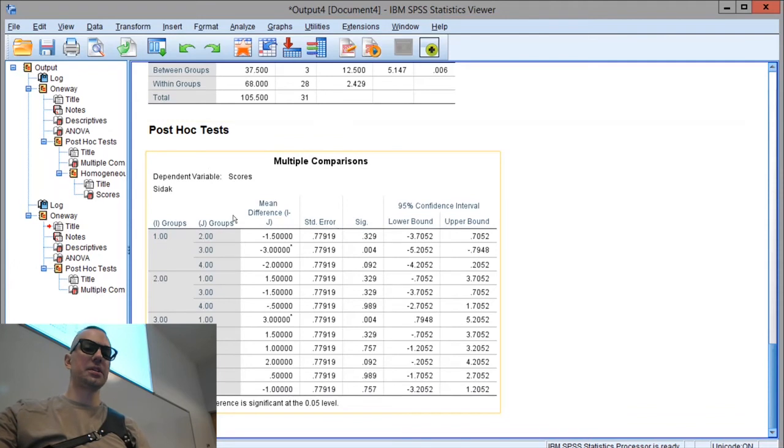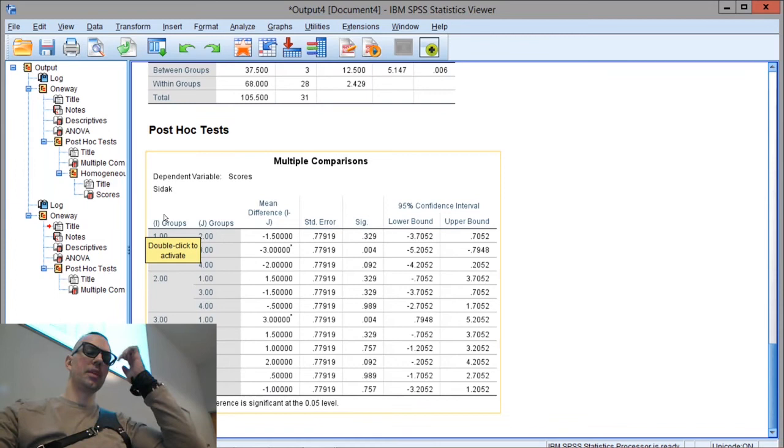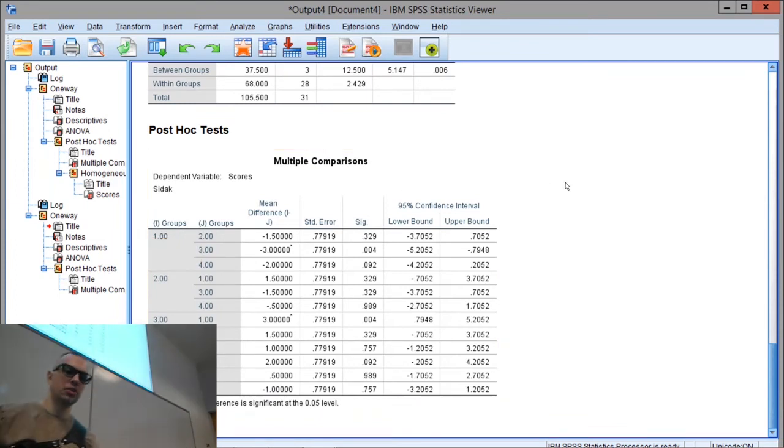But it's still the same table, it's still portrayed in the same way, the significance level is still used in the same way. And very nicely, SPSS just reminds you, in case you forgot, this is your SIDAC post-hoc analysis. So do make sure that you choose the correct one. Chances are it's not going to make a huge difference. They usually don't. It's a little bit of splitting hairs, but